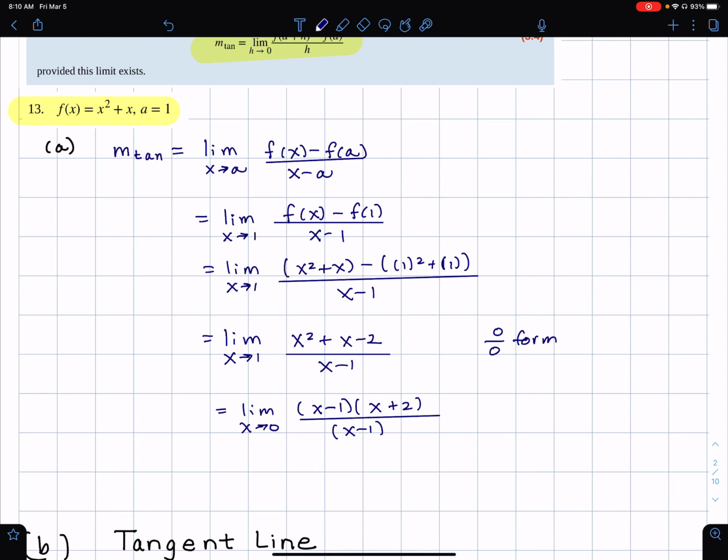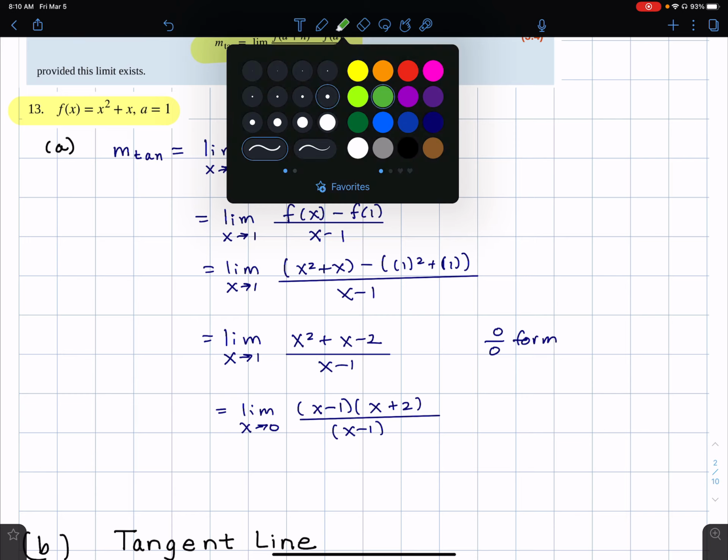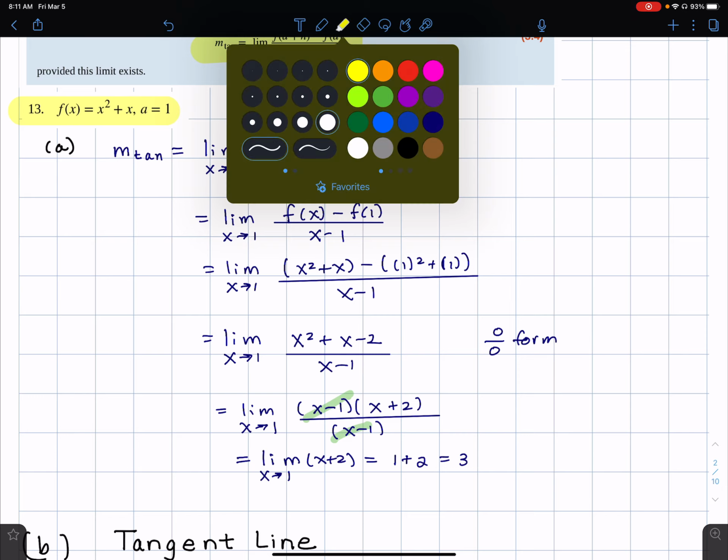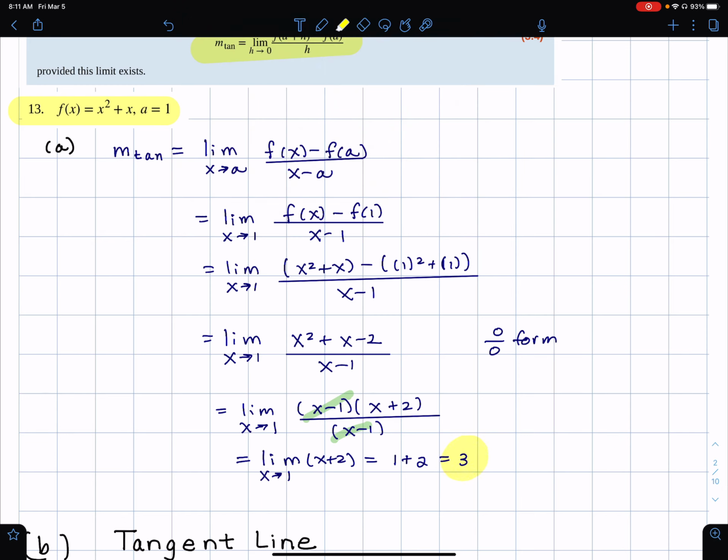And that leads to some cancellation. So the limit of x plus 2, and I see I made a mistake there, it's as x approaches 1. And so then we get 1 plus 2 equals 3. So that is our limit,